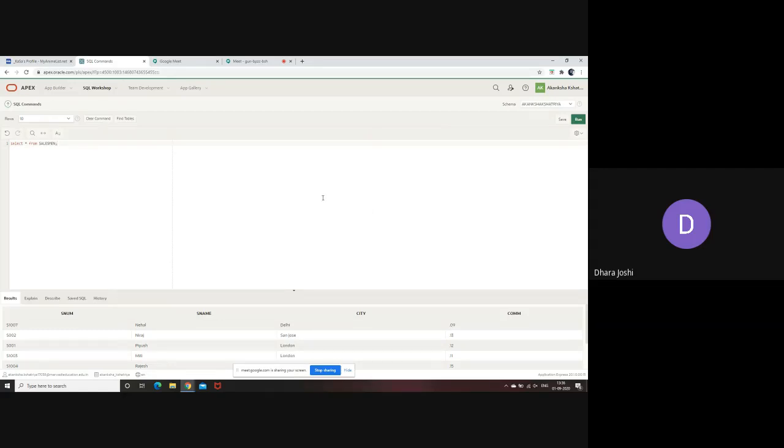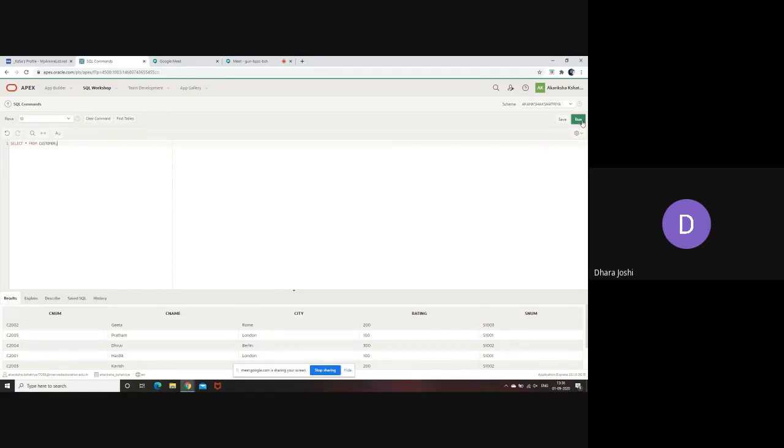Try for the next one. Okay, customer table is also visible properly.